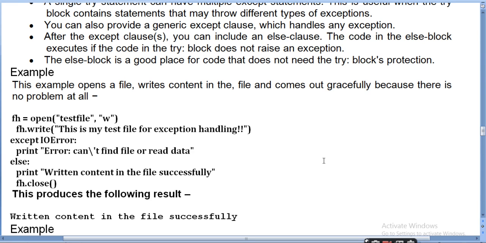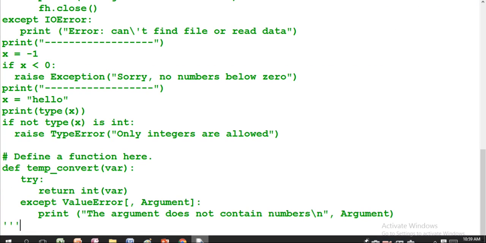Else print written content in file successfully. अगर वो फाइल में राइट नहीं करेगा तो एरर देगा, अदरवाइज कह देगा कि इट राइट सक्सेसफुली और फाइल को क्लोज कर देगा। कैसे करेगा अब इसको हम लोग देखते हैं।